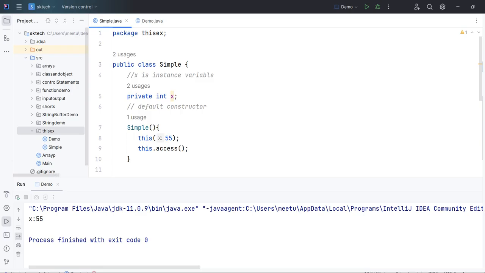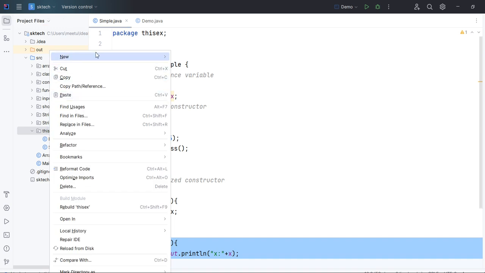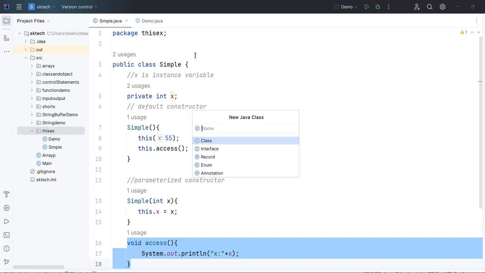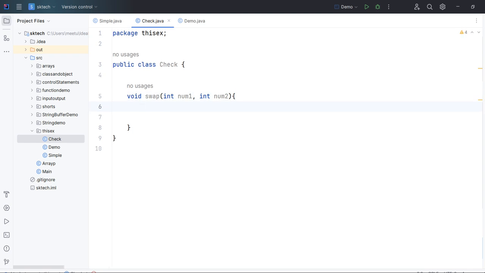So let's go to the IntelliJ IDE and perform this task, and let's see what happens if we pass primitive data types and change something. Let's say we interchange those two numbers, and see whether it is affecting outside of the method or not. So let's create one simple class like Check, and here we are going to define the functionality of the swap. We can write swap, and here we are expecting, let's say, two arguments, num1 and num2, and using a third variable we can simply write the logic to swap it.